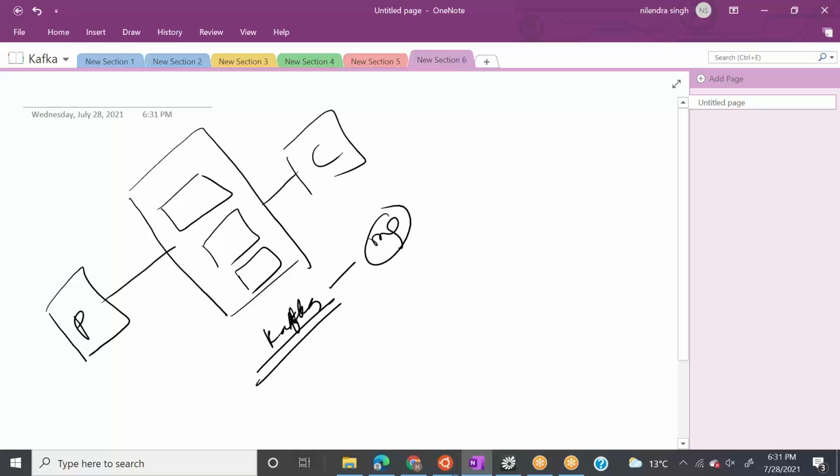So it is a machine which will allow you to decouple applications, which will allow your producer and consumer to work asynchronously. We know about all these things. Now let's see what Kafka is in reality, how Kafka is implemented and what Kafka is all about. Let's jump there.